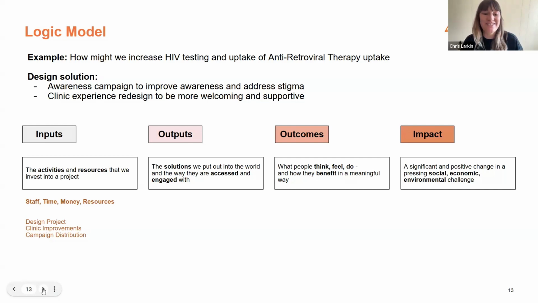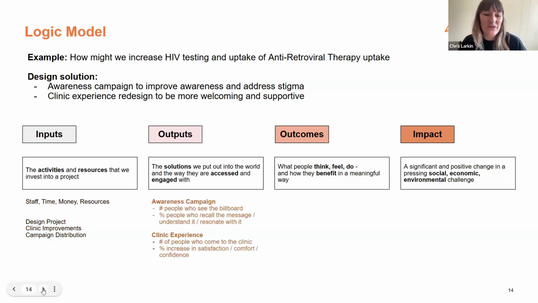At the output level, go to the next slide, you're going to be thinking about how do you track the campaign itself? And that's really like delivery level. What does it look like for that to be out in the world, and the clinic experience as well? So the types of things that you might track would be reach. So what is the number of people who've seen a billboard or who have seen a message on social media? So you can count the number of people. Also people who have engaged with it. So an example of a measure of engagement would be